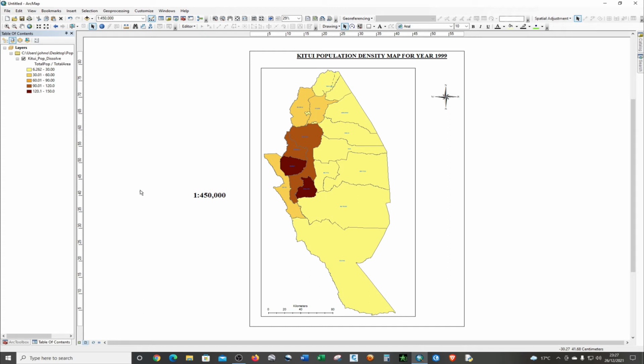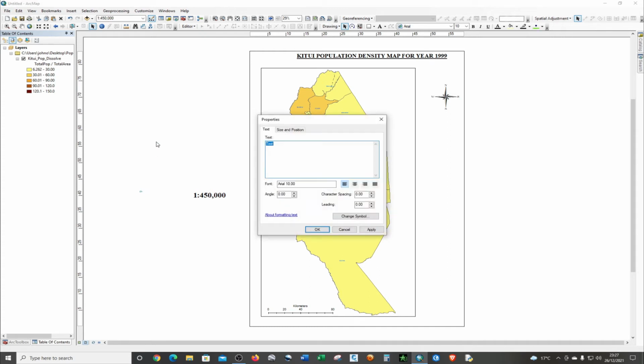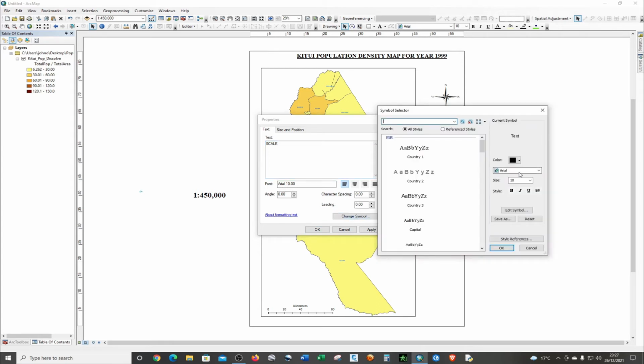It's so small, just double click, and you're going to change, let's call it scale, Times New Roman, size 24, and then it's bold,